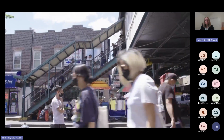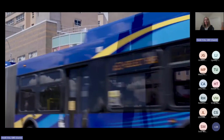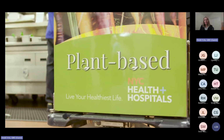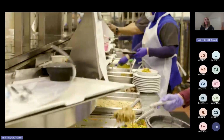most communities of colors, we suffer from high levels of diabetes, we're dying from hypertension, we're dying from so many cardiovascular diseases. When it comes to a meat-based diet, we typically will see an increase in blood cholesterol, in high blood pressure, and overall weight management. What we really ought to be doing as healthcare systems is to address some of the root causes of these chronic diseases. Our mission at Health and Hospitals is to leverage one of the most powerful tools we have, and that's nutrition. And so what we're planning to do is incorporate nutrition into the fabric of the care that we